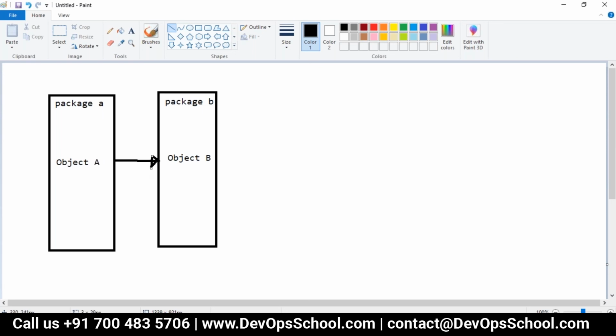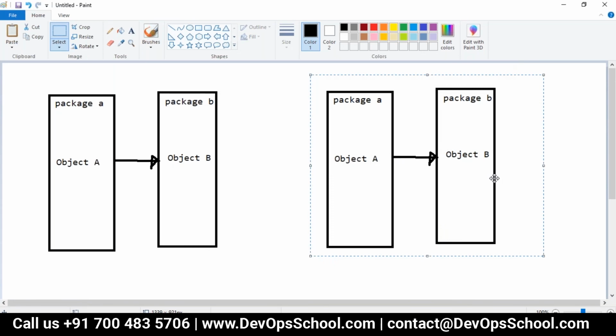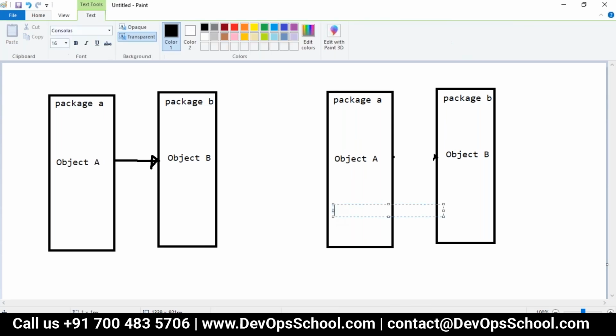Now, if I do it with dependency inversion, I will represent the same diagram, but instead of directly making the reference, we will make one interface, something like interface A, or anything you want.